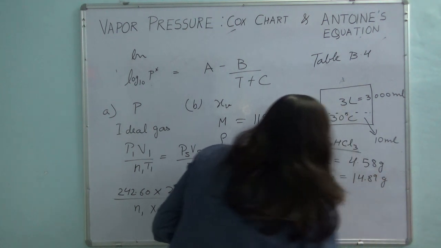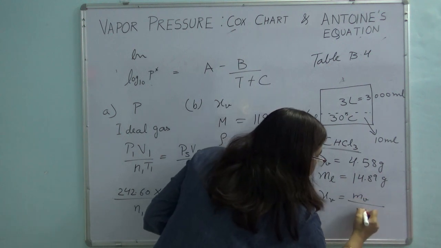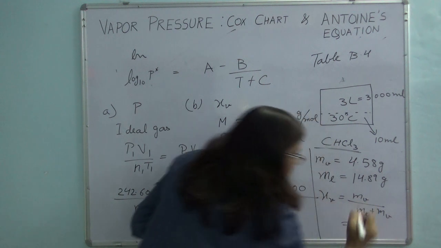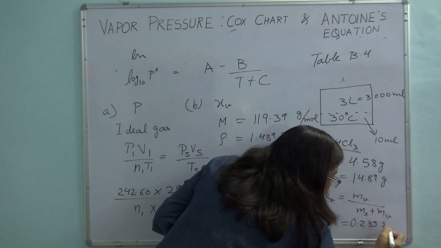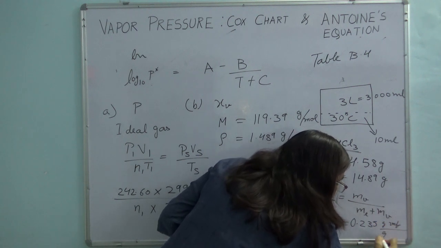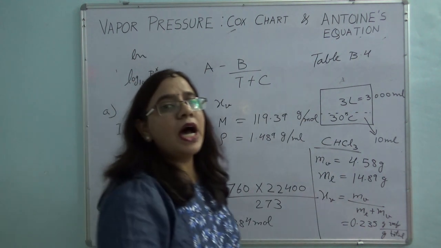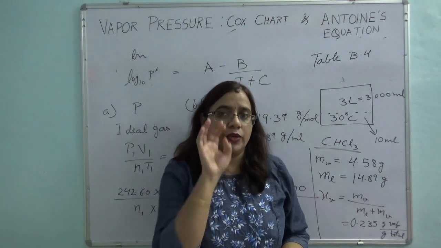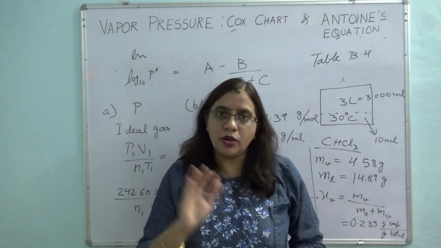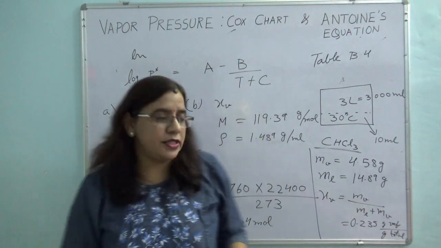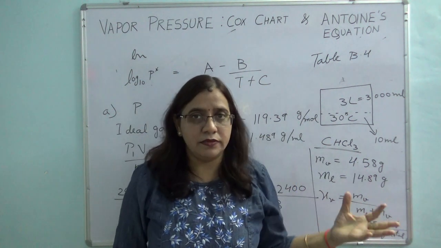which is equal to 14.89 grams. Okay, now I can find out XV, that should be equal to mV upon mL plus mV, and if you plug in the values, that is equal to 0.235. So this is grams of vapor per gram total. Okay, so we have solved this problem. I hope you understood how to use Antoine's equation, because that is the equation which we are going to use quite often. So go and check these tables where the constants are listed, and also check the table for the physical properties. Get a feel of how to read all these values and use them